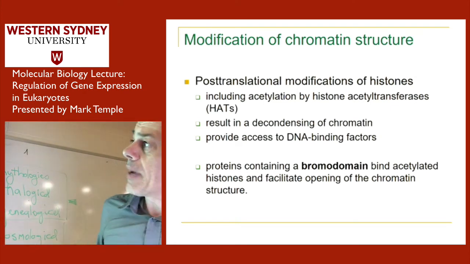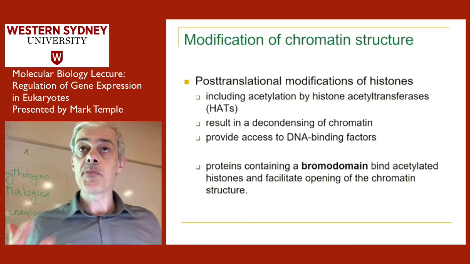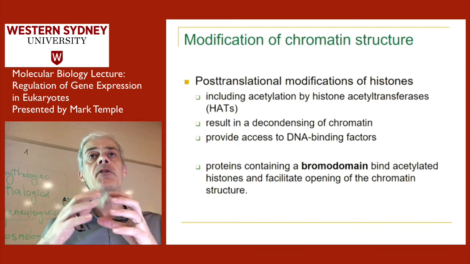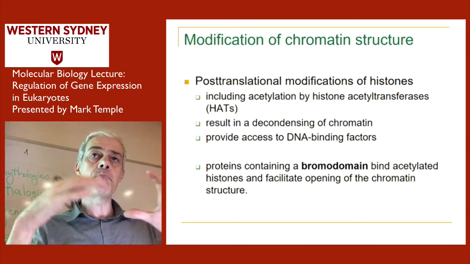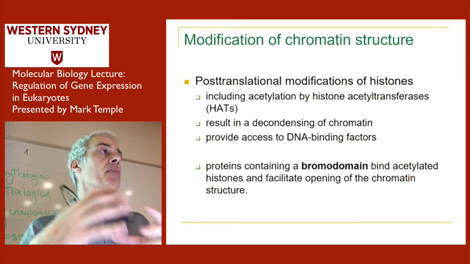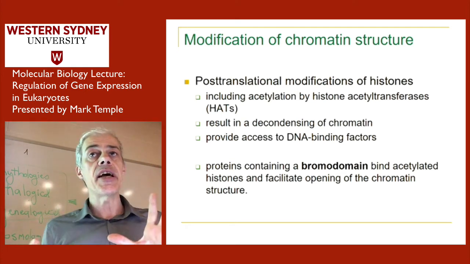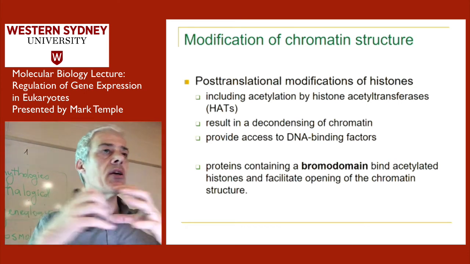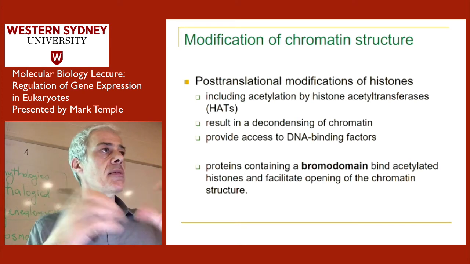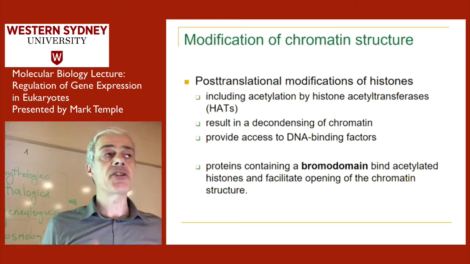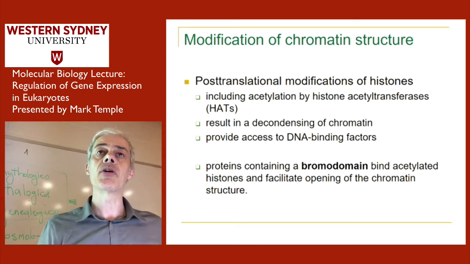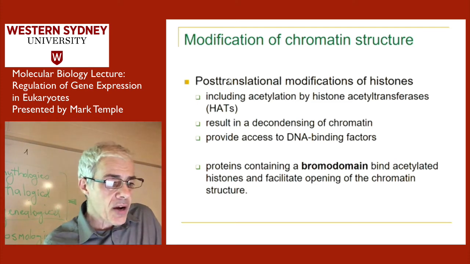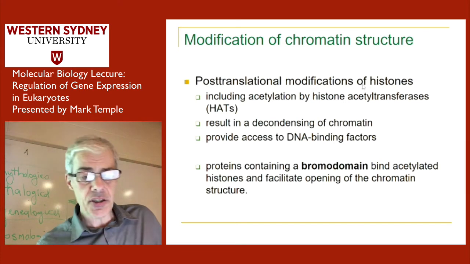Another way of accessing the DNA in the promoter region is to make the association between the histones and the DNA, to make it looser. Okay, so tightly bound DNA around a nucleosome is much harder to access than loosely bound DNA around a nucleosome. Okay, so not only can you shunt them away and completely remove them, but you can also make them less compacted, more open. Okay, so the nucleosome might still be there, but it's a more loosely bound nucleosome which can allow other proteins to bind. So we also have post-translational modifications to histones.